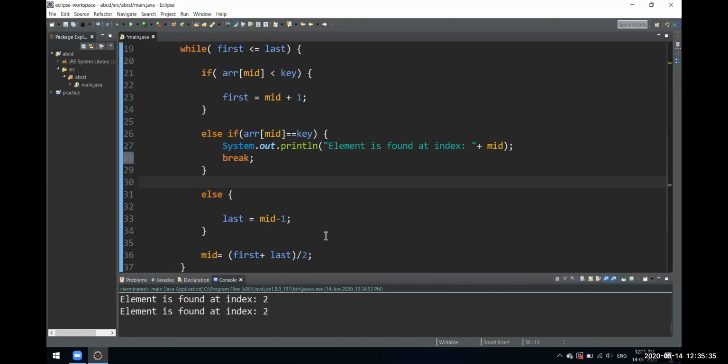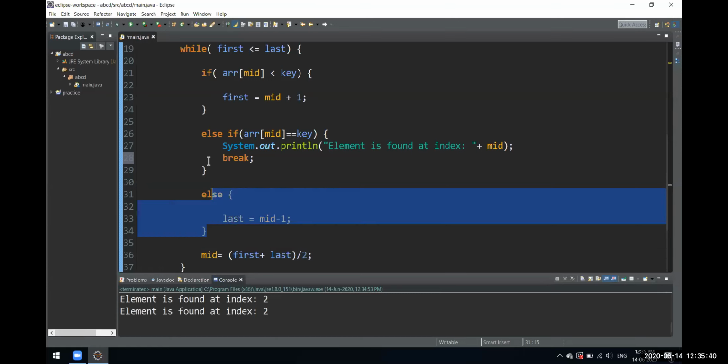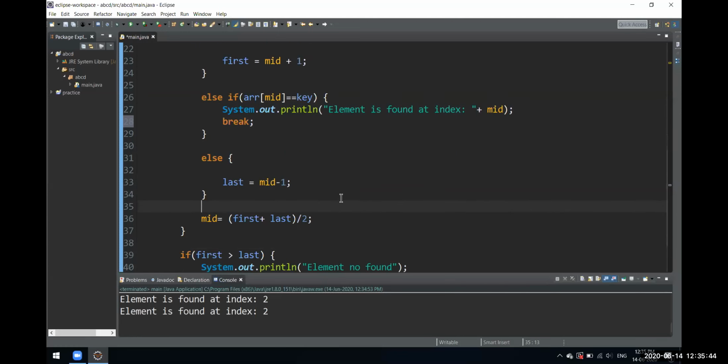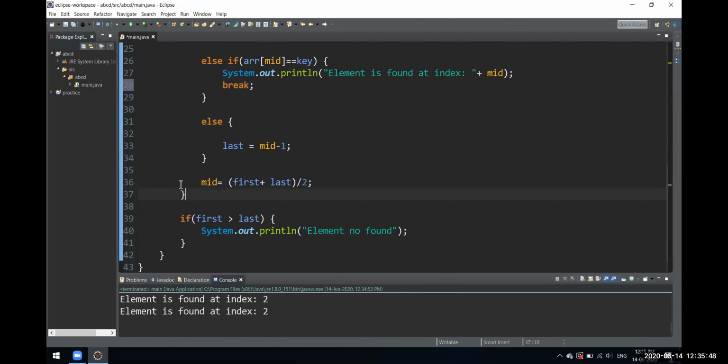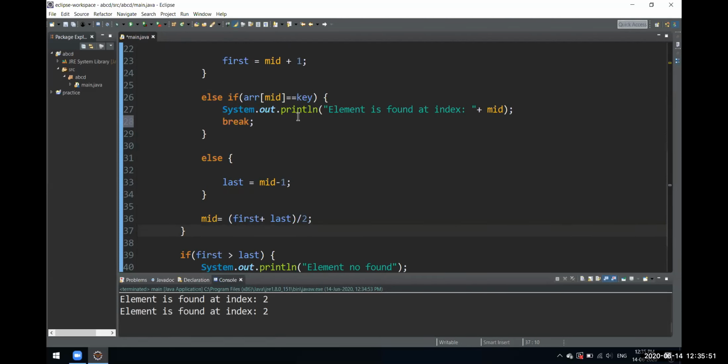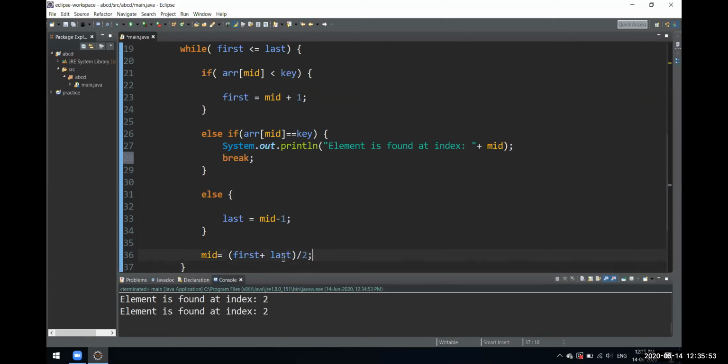I've written it 2 times. Okay. This is just to assign. If none of these conditions are met, this is to again assign. See, this one I wrote outside the loop, and this one I wrote inside the loop. If you can observe this carefully, I wrote this inside the loop.